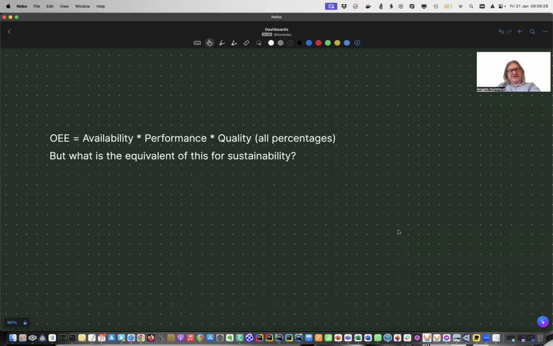So it could very well be that the performance is 80%. And then the quality is a percentage for the amount of products that are actually produced 100% correct. Funny thing there is that these factors influence each other indirectly, and that becomes visible when you multiply them with each other. If I have an availability of 80%,